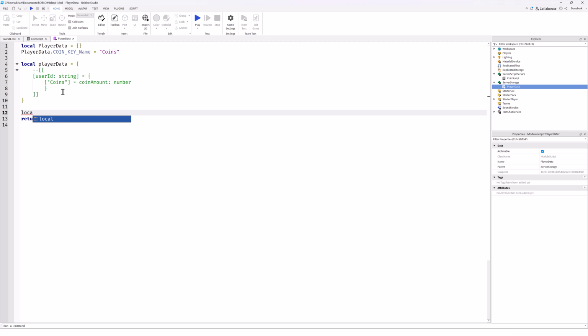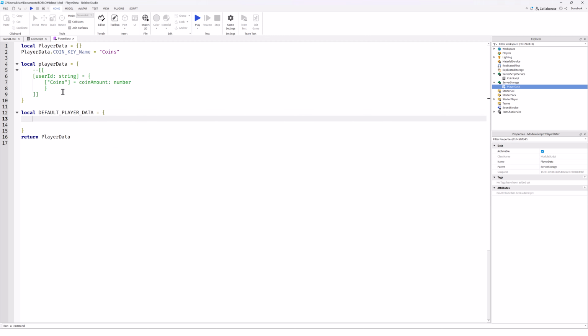And let's go on to the next variable. So we need a default player data. And again, this will be set equal to a table. And this information will contain the player data, coin name. Oh, I did that wrong earlier. Name. I need to fix it up here first. Inconsistent use there. Okay. And right black bracket